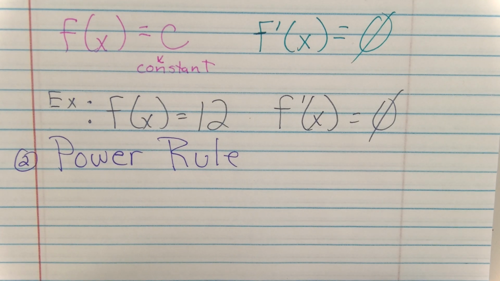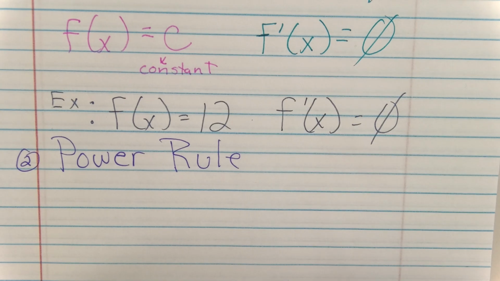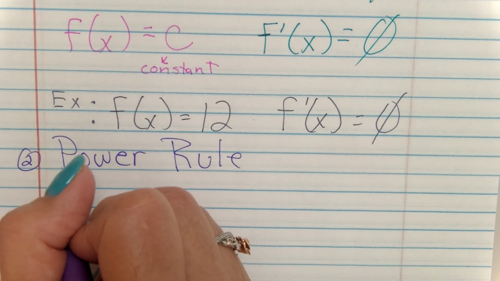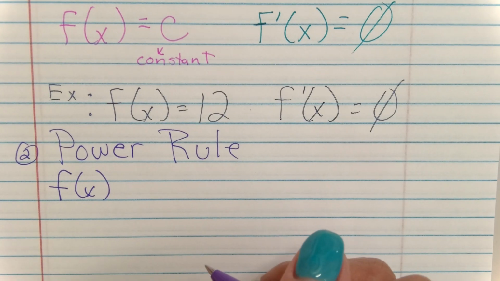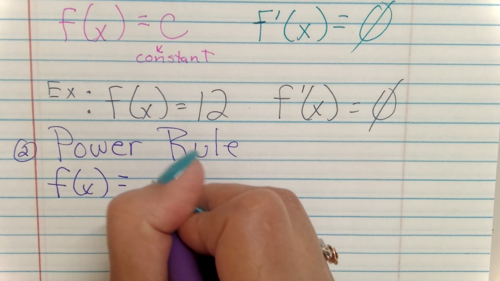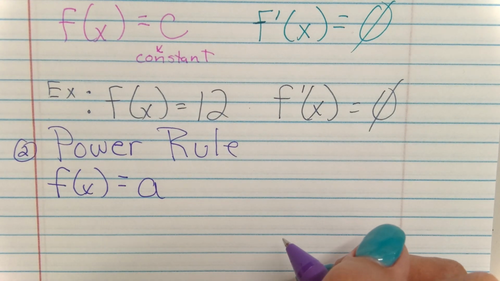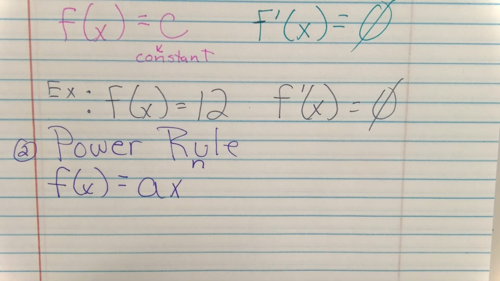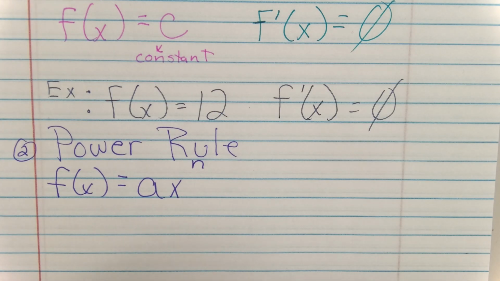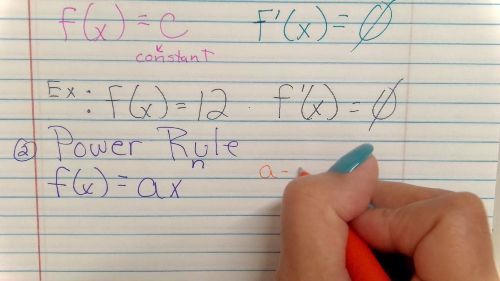Every single term has to have an exponent. So we use this for polynomials, for anything with an exponent. The power rule states, if we have f of x is equal to a x to the n, where a is the coefficient,